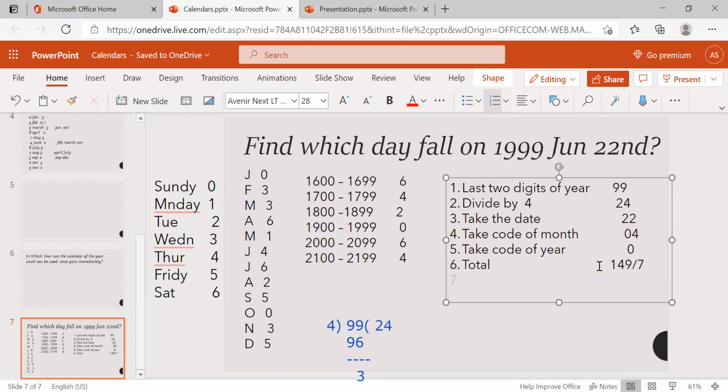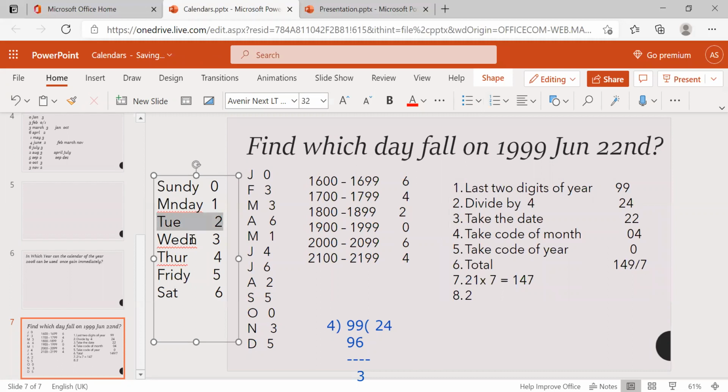The last step is dividing by 7. So 149 divided by 7 is 21. 21 times 7 is 147. Then the remainder is 2. 2 indicates Tuesday.